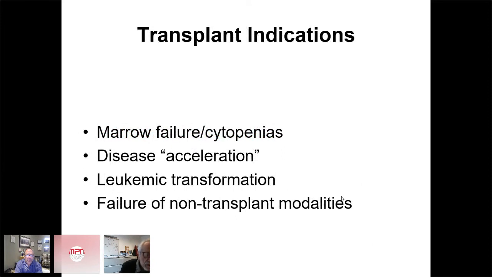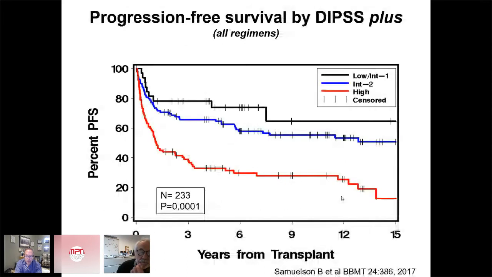So here are the major indications: marrow failure, of course, increasing transfusion requirements, disease acceleration, leukemic transformation, and as always, the failure of non-transplant modalities. Next slide, please. Here is a summary slide of a recent publication of our data, some 230 patients with primary